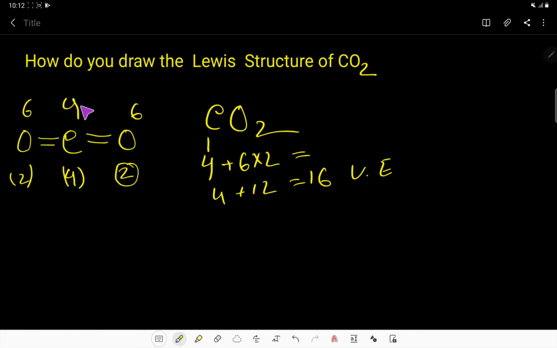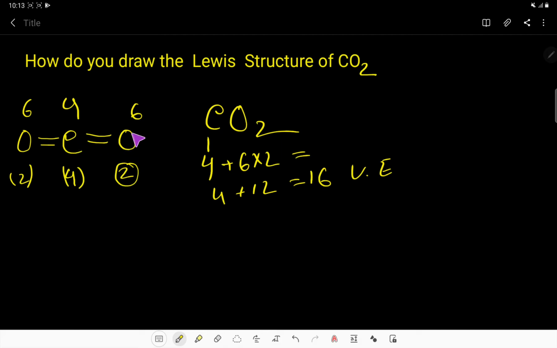This carbon will form 4 bonds, so already this carbon has made 4 bonds. So now you have to see the number of valence electrons. This oxygen has 2, 4, this carbon has 2, 4, 6, 8. The valence electrons in the carbon have satisfied